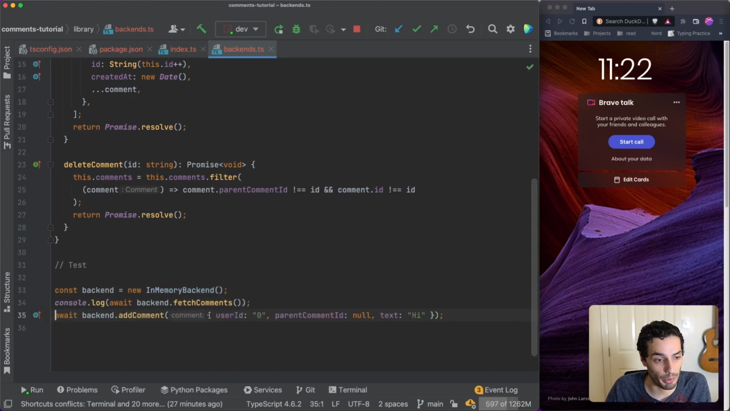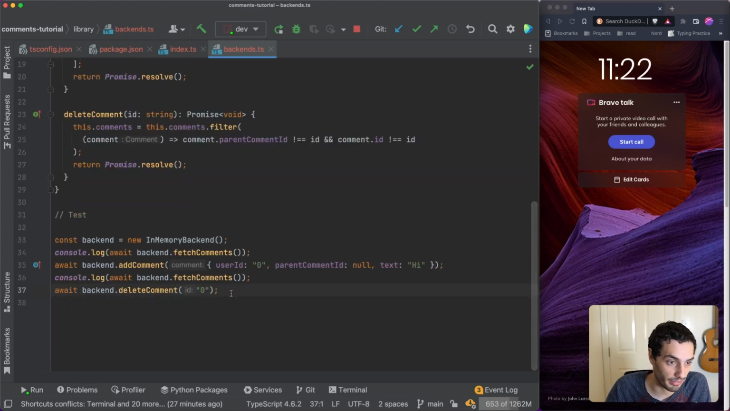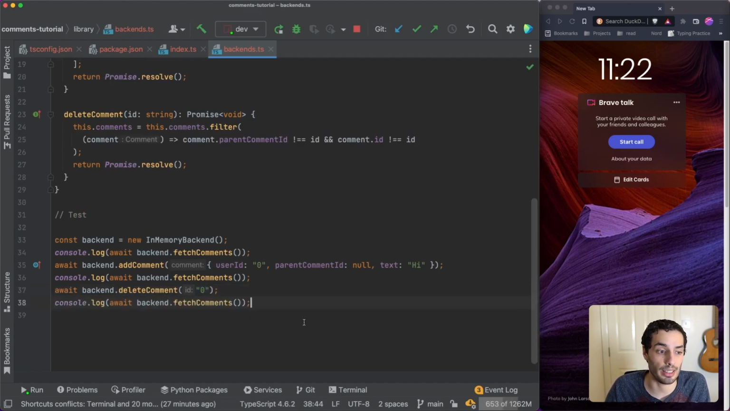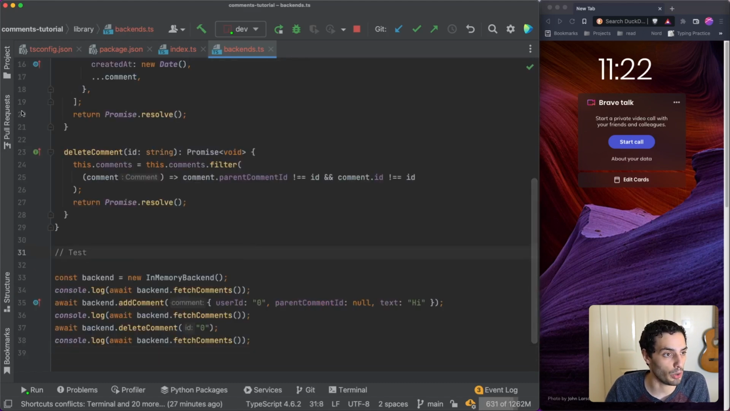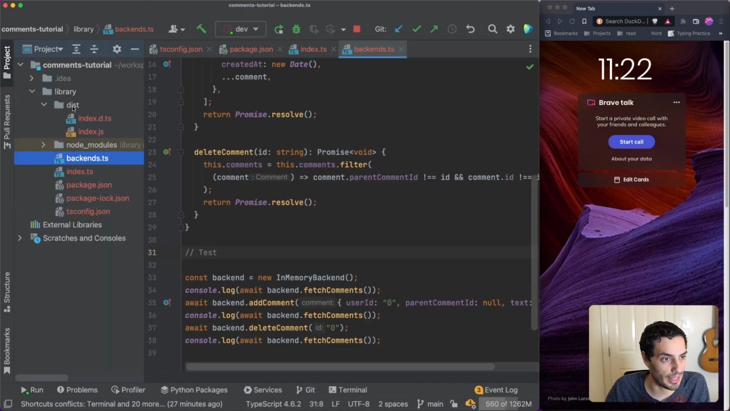We're then going to add a comment here. So you can see I've added a comment with a user ID of 0, no parent, and text of hi. Then fetch it again. We should see one comment. Delete with the ID of 0. And then we fetch it finally, and we should see basically no comments again. There we go. So what I'm going to do is head over the project in the dist